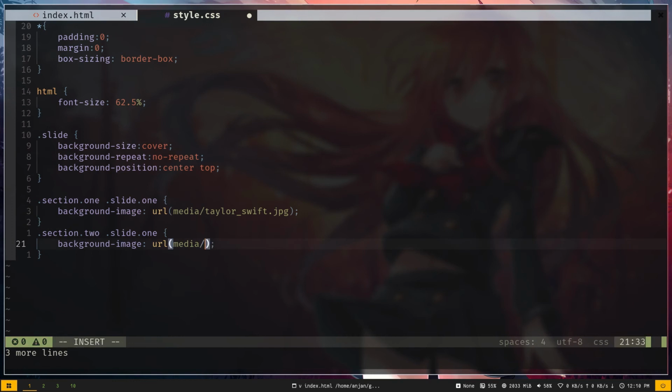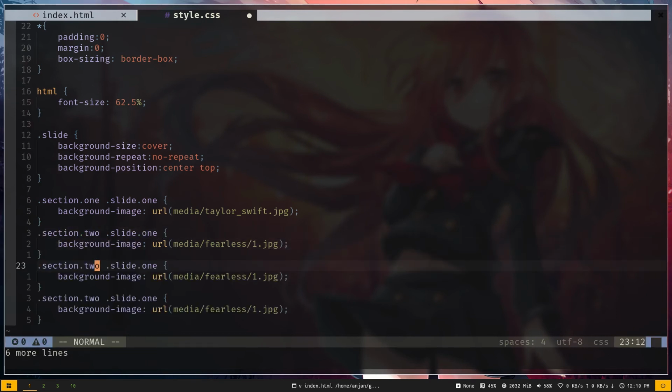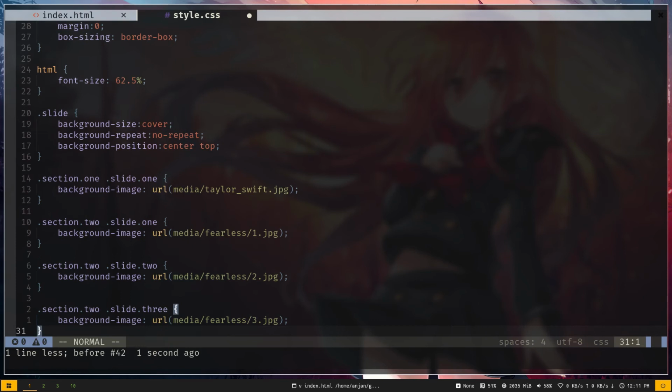and the image will be fearless/1.jpg. Let's copy them again and paste it 2 more times. This time it will be slide 2, image will be 2.jpg, and this time it will be slide 3, and it will be 3.jpg. So let's save the file,